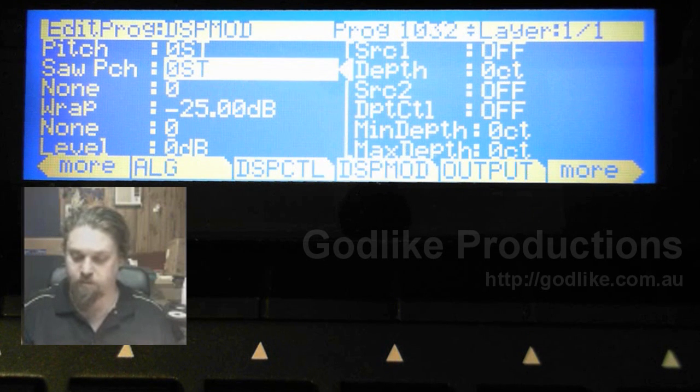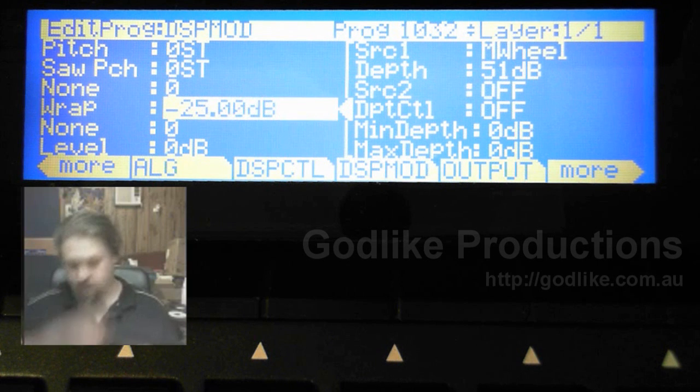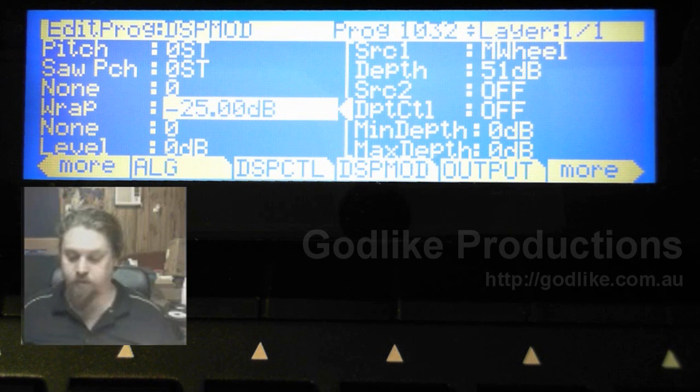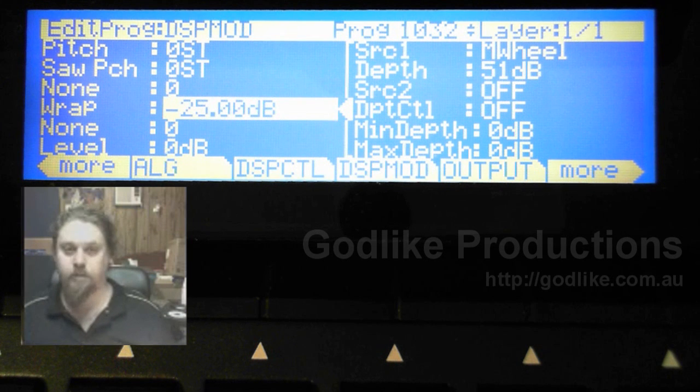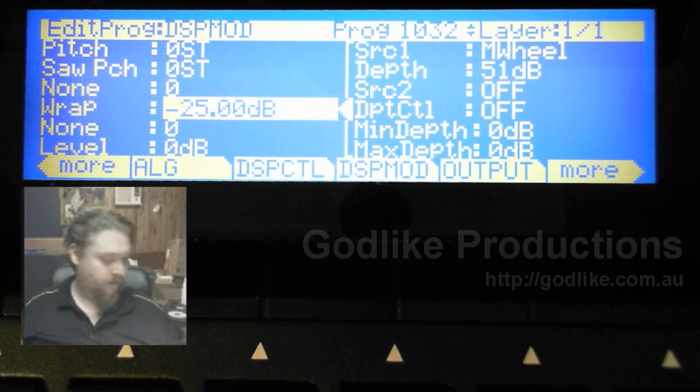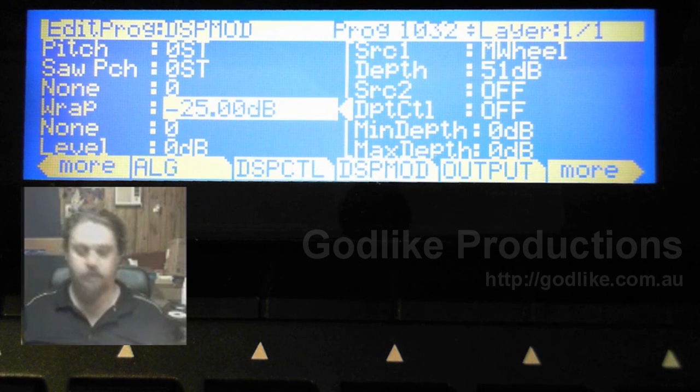So just to prove that there's nothing going on, where all the magic's happening is in wrap. What I've done is I set it at -25 while the mod wheel's down, and when the mod wheel's up, I add 50 dB to it. So it really does start pushing this. And so what's happening here is we're just adding a lot of